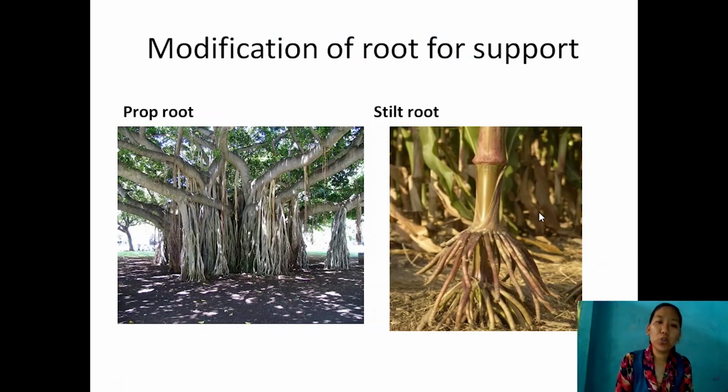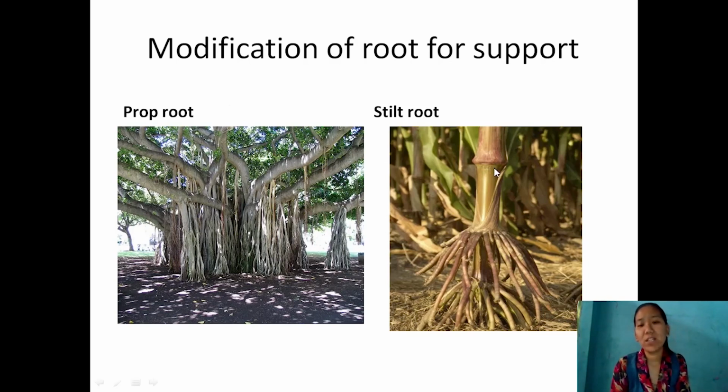And there are roots which develop from parts of the plant other than the radicle, and these are called adventitious roots. There are two types as shown. The first one is prop root. The example of the plant shown here is a banyan tree. In this banyan tree, the root develops from the stem and branches. From the nodes on the branches, the root develops and grows downwards to provide extra support for the huge plant. Such a type of root is called prop root.